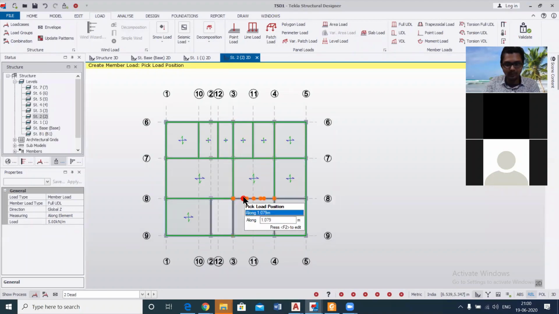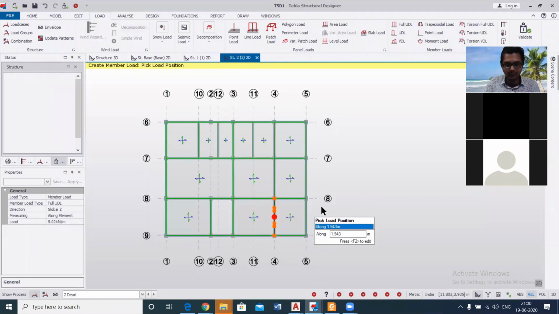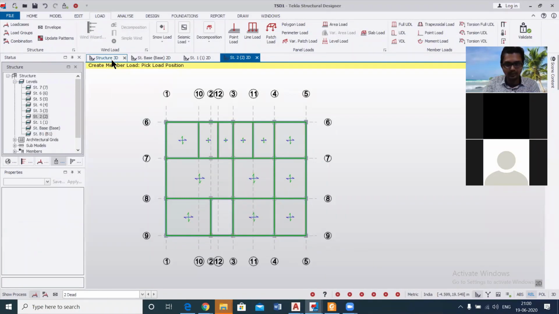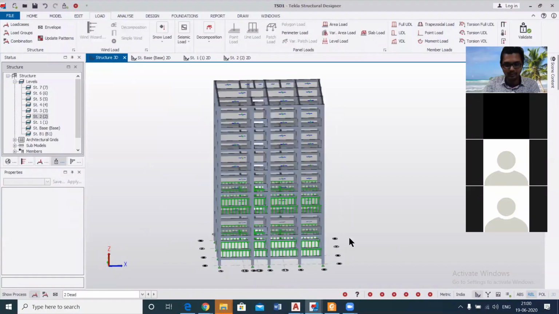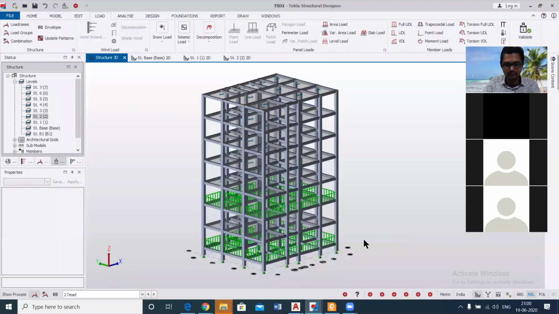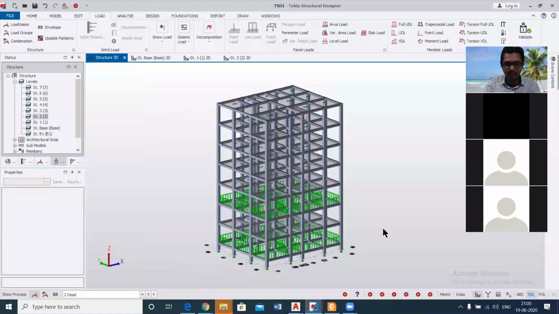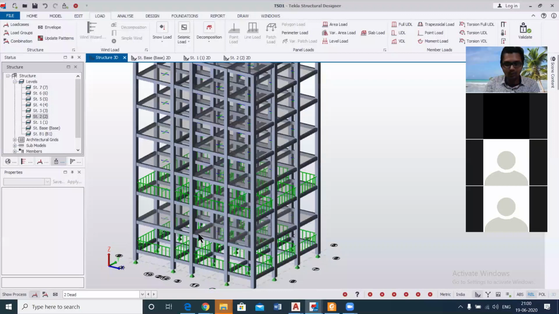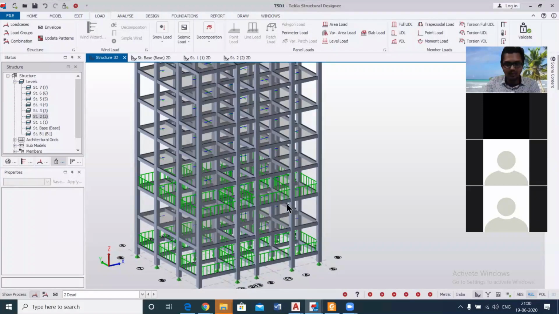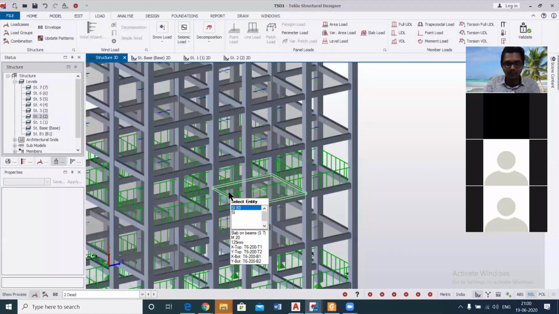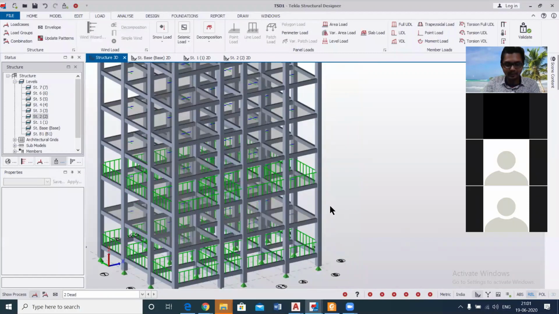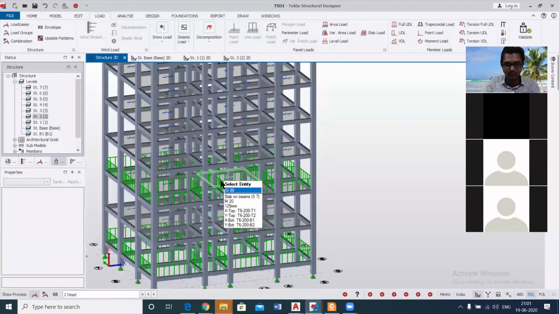They put loads on the beams, and the loads on the beams are transferred to the columns. We will provide the dead load for the inner walls also. We are not providing the self weight of the inner walls, but we are providing the load of the walls. There will be walls here, and the wall will put some load on these beams, and we are providing the load for those walls.